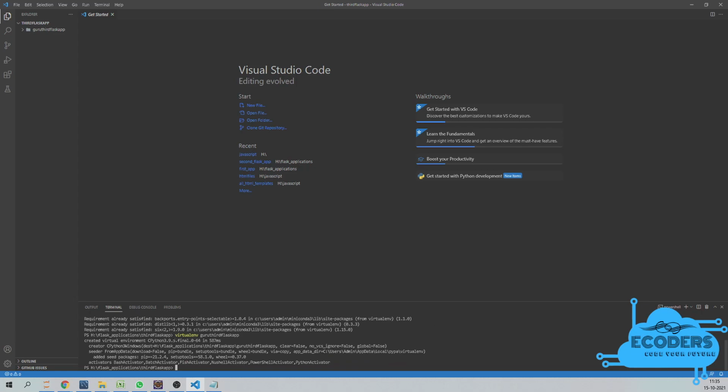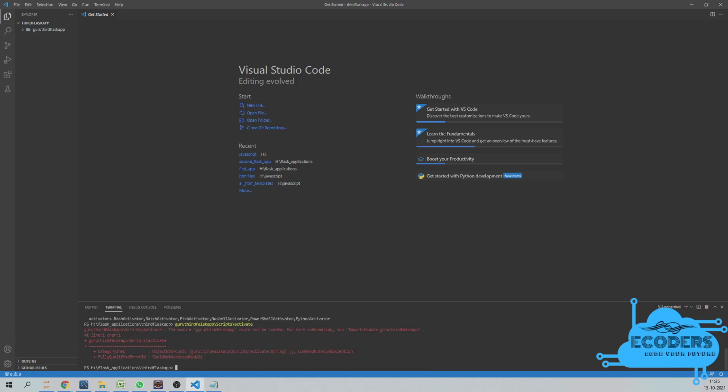Now we are going to activate this particular virtual environment. So you just have to write that name, Guru third Flask app, then put a backward slash, then write Scripts, backward slash, activate, enter, and it is going to start.